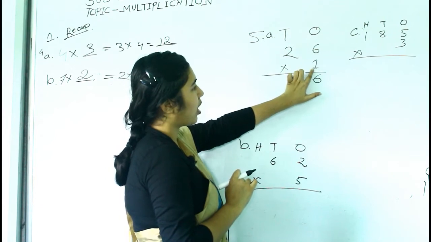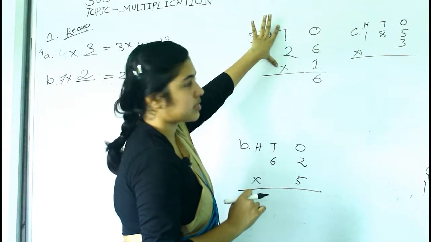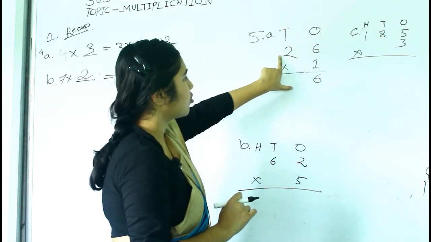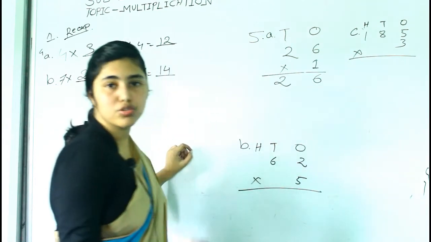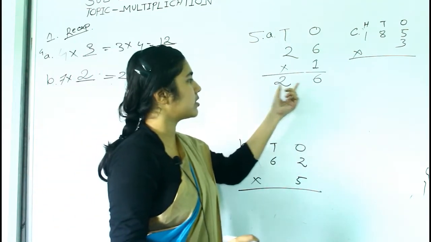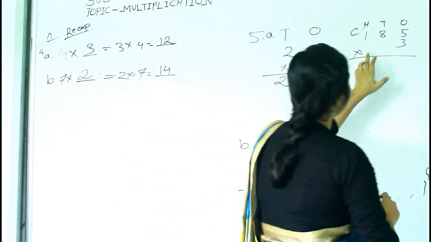Next, multiply 1 with 2, and 2 is in the tens place, right? 2 tens. So 2 into 1 is 2 tens. So our answer is 2 tens and 6 ones, which is 26. Next,